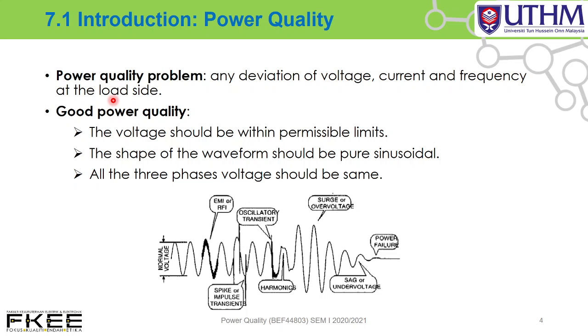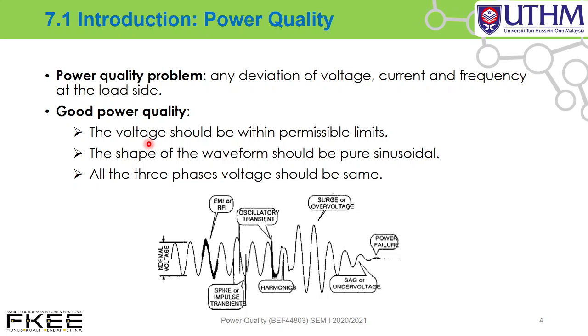Then what is the meaning of good power quality? Good power quality basically is when the voltage should be within the acceptable, permissible limit. For example, in Malaysia, at the distribution level, at the load side, especially for residential, our voltage limit is plus 10 minus 6% from the nominal value of 230 volt